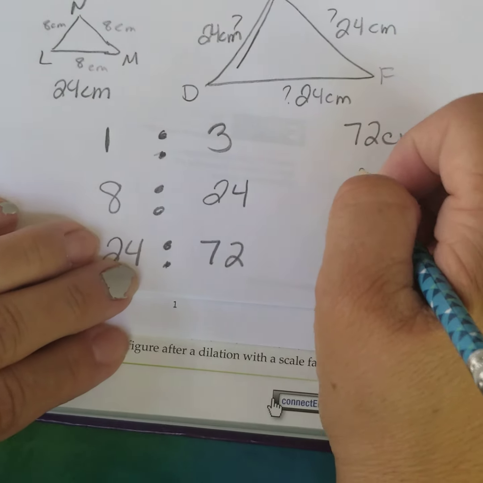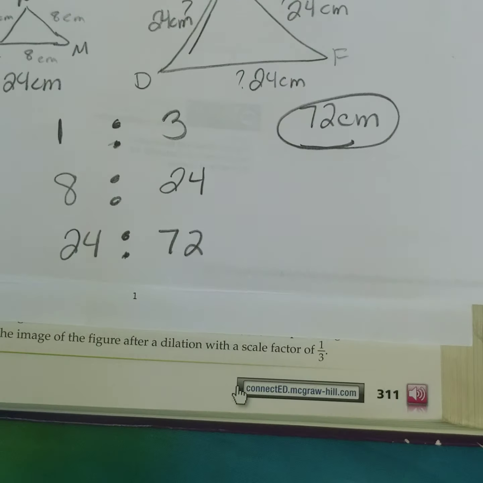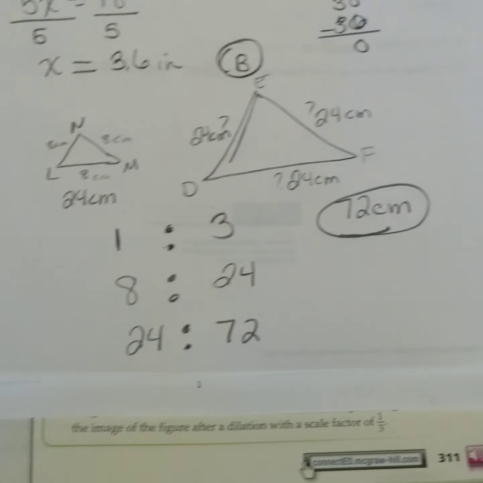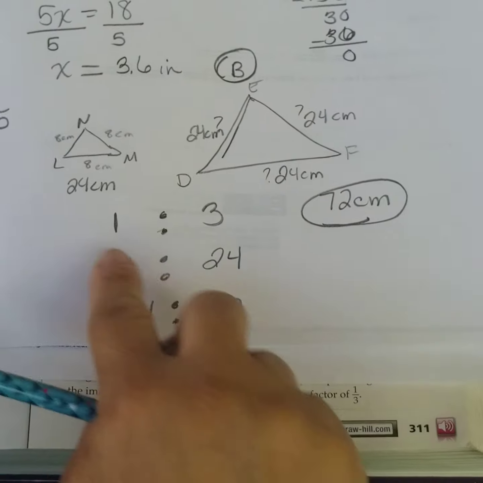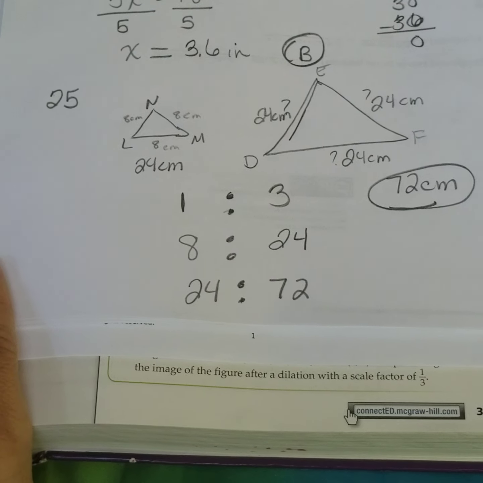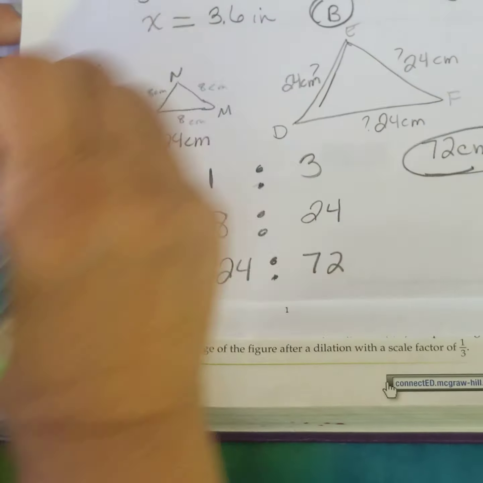This is the perimeter in centimeters. And this follows our ratio. Okay? That's 25. Let's look at 26. Now,